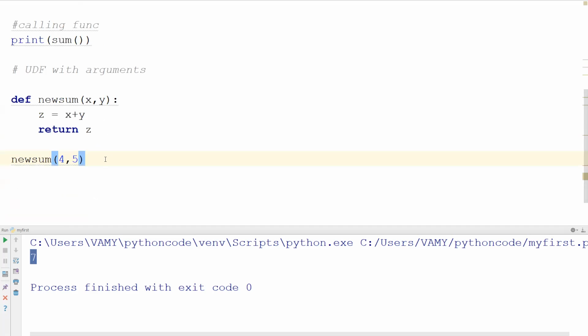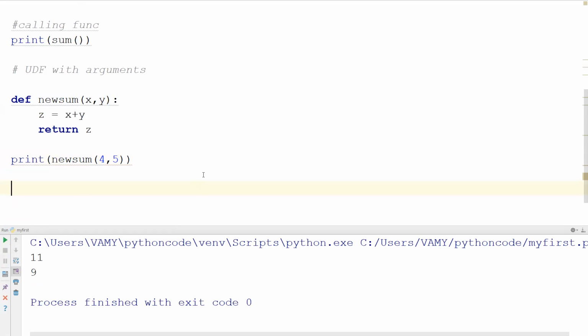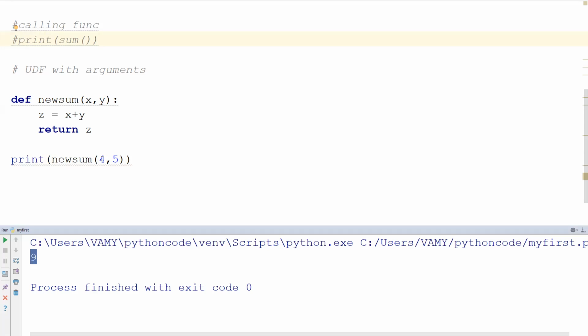Let me print this. So what exactly does it give? I have to define the function with arguments. Yes, 4 plus 5, 9. This 11 was my earlier function, which I have commented out now. So 9, in this way.